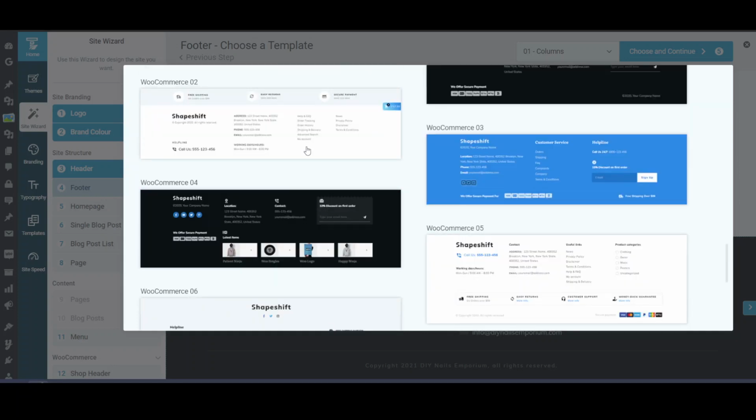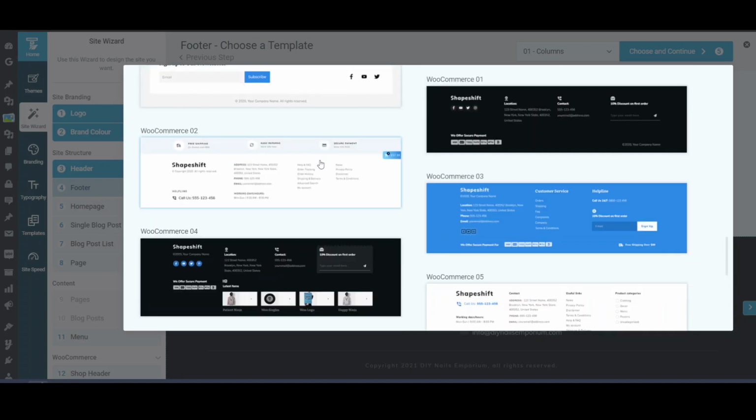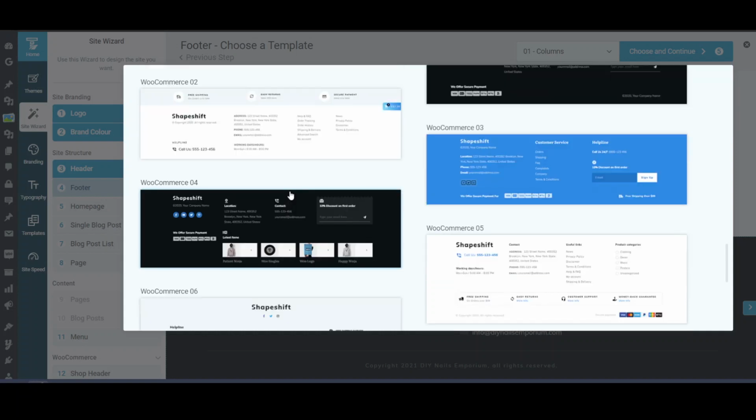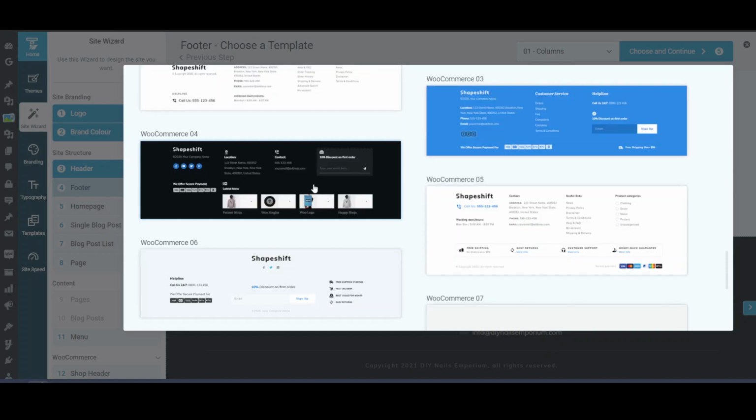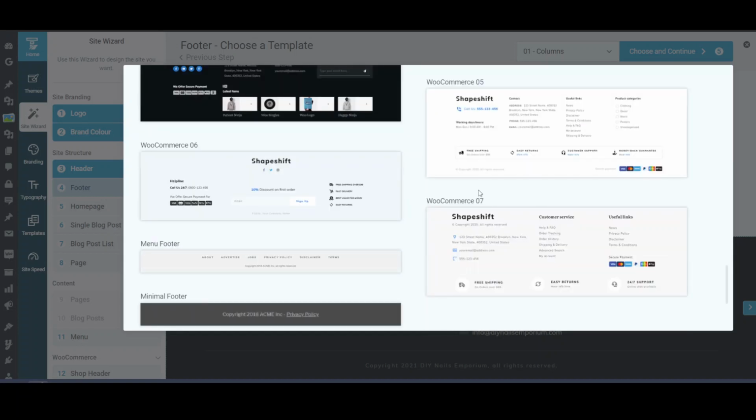And this footer is good for a WooCommerce store, because there are 3 options also here, and these are WooCommerce footers, so that is why I think they are being recommended also. This is a WooCommerce footer, and it has the phone number and all the essential elements which are needed for a WooCommerce store. But again, we don't want to show the address as such, but let me see what other options we are having. So this one is also good. This is showing that there is a 10% discount on first order, and again a helpline and all those things are there.